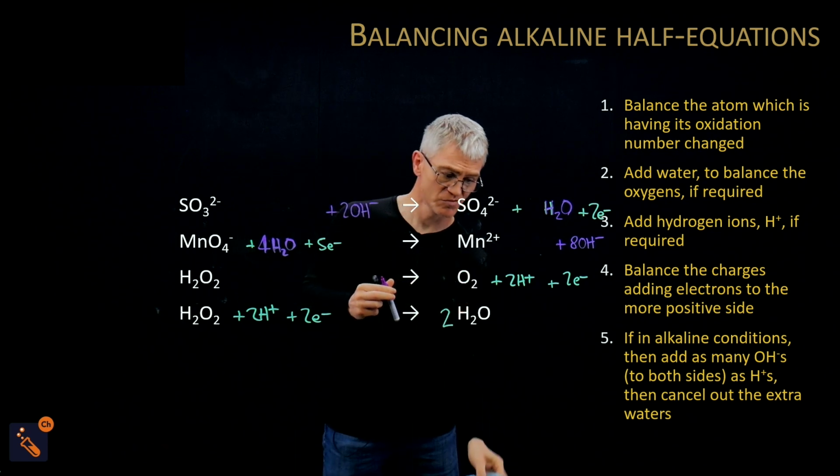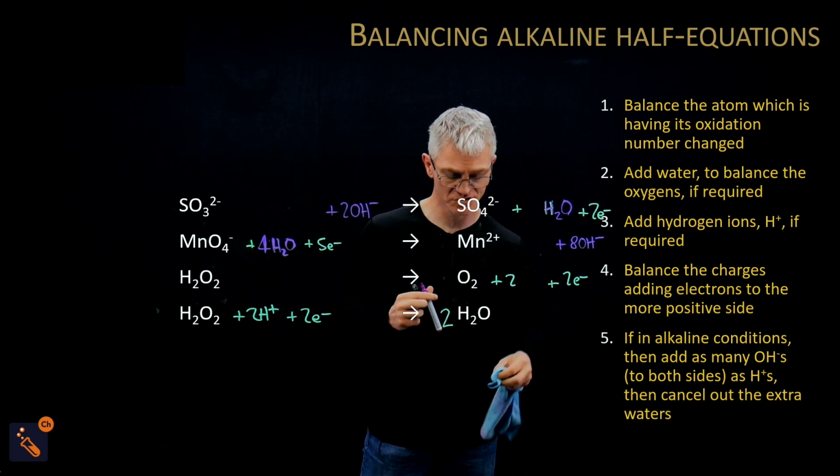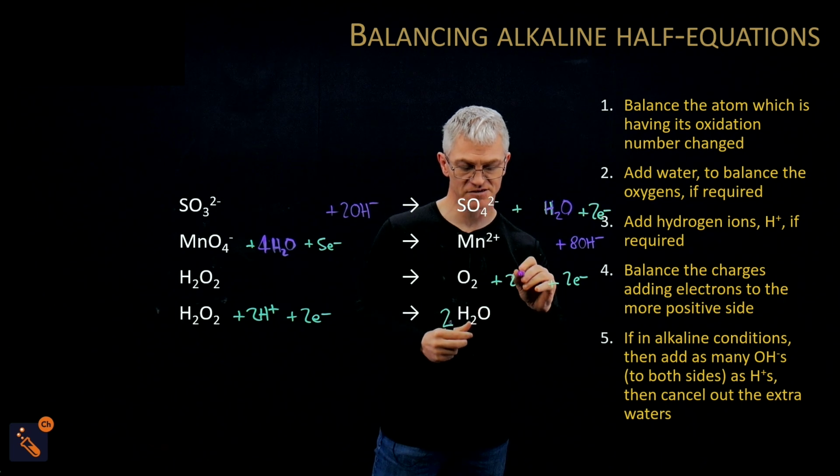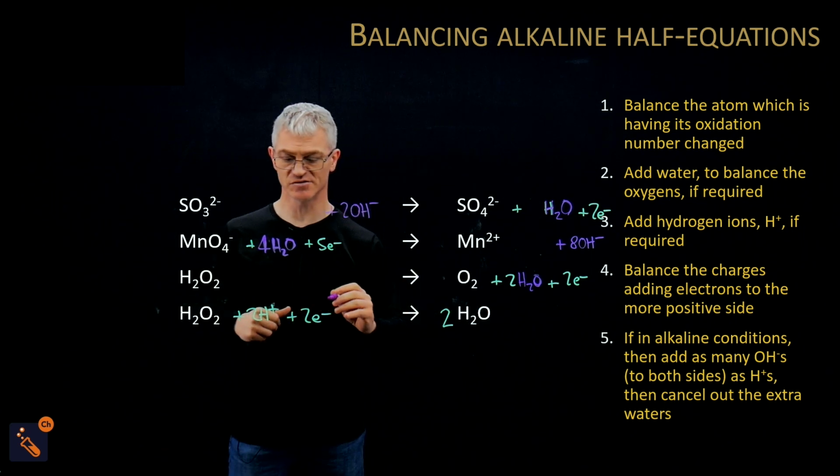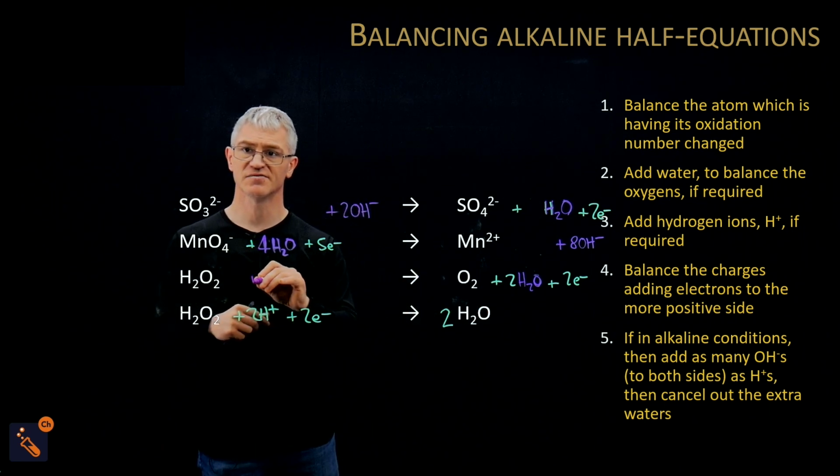Okay, this time we've got the H pluses. Let's add 2 OH minuses. That turns into 2 H2O. So that's 2 H2O. And then we have to add the 2 OHs on this side. All right, so this has to have 2